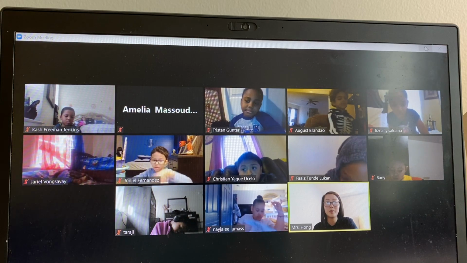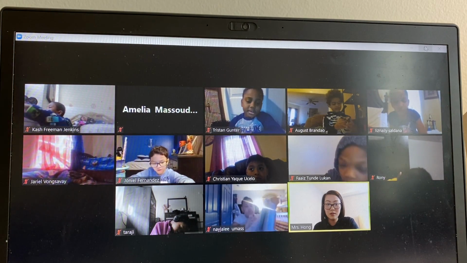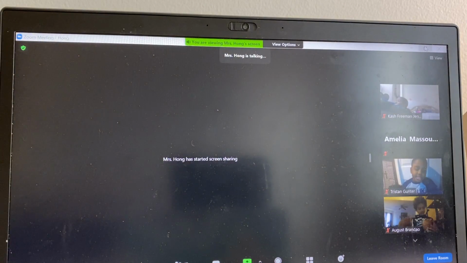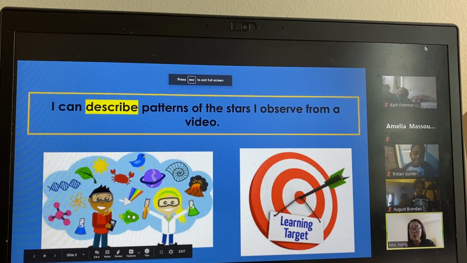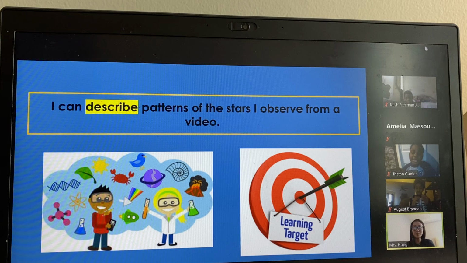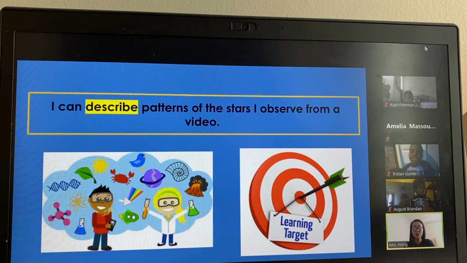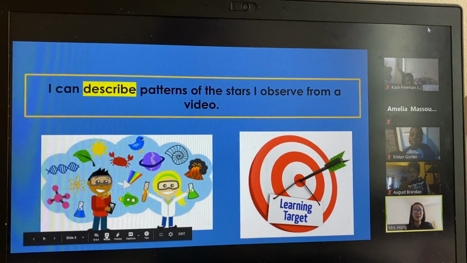2-4-21 at the top. All right, let me go ahead and share my screen so you can see the learning target for today. This is our job that we will be doing today. Once you have your notebook and packet out, you can go ahead and put it down on the table next to you, so you can focus your attention on your screen. We're going to read the learning target together.